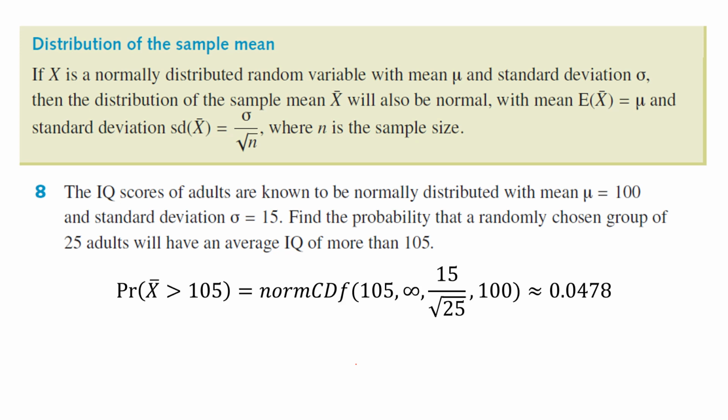Well, hopefully you're onto it by now. And this is using the correct notation. The probability that X bar is greater than 105 is just norm CDF, okay, so the lower limit 105, upper limit infinity, and what changes, of course, is the measure of spread. The standard deviation now goes from 15 to 15 divided by 5, or 15 divided by the square root of 25, because we are dealing with X bar and not X anymore in this particular instance, and it turns out to be quite a low probability,